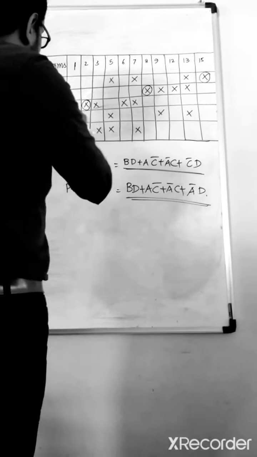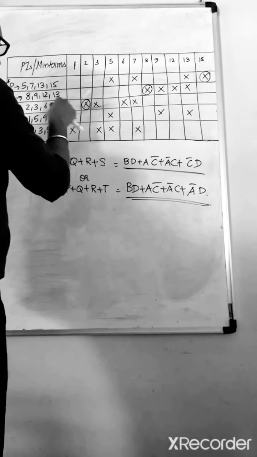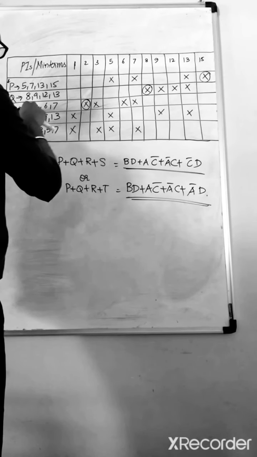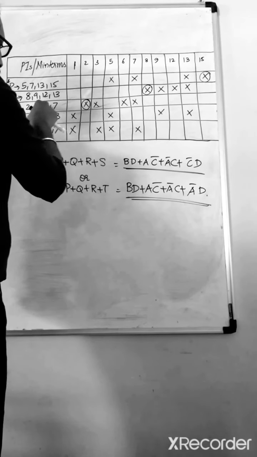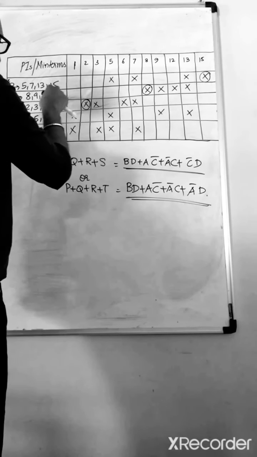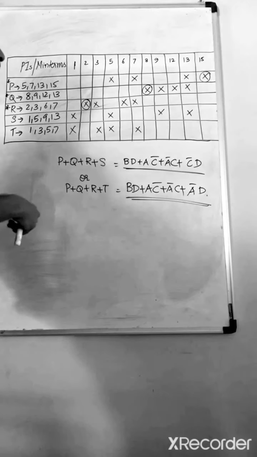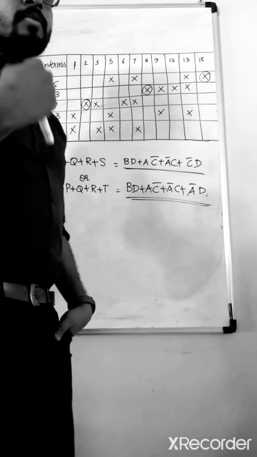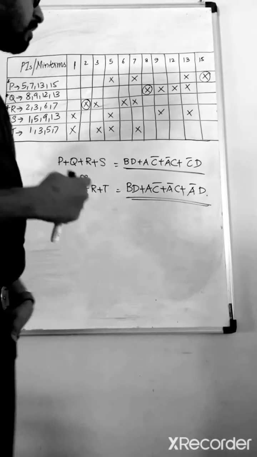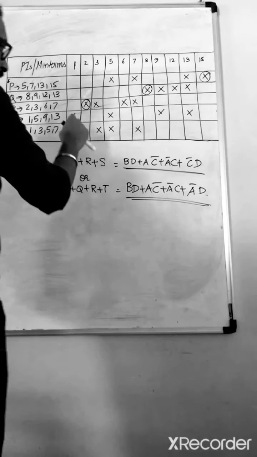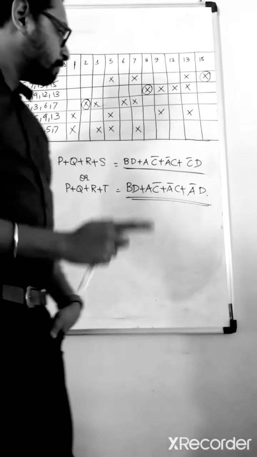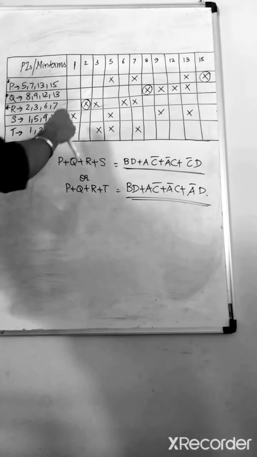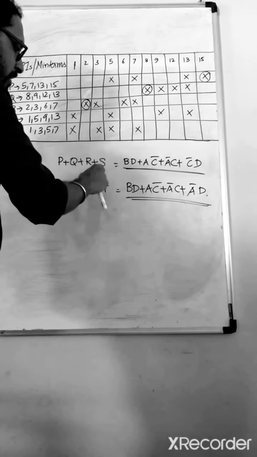But when we get that this is an essential prime implicant, we also check whether any other values are covered. Say 3, 6, 7. Here 9, 12, 13. Here 5, 7, 13. We check all these values are covered or not. They are covered, but one value is remaining, that is 1. That value was also asked in the question. So check for values that cover 1. Here we have S and T, so we made it an option.